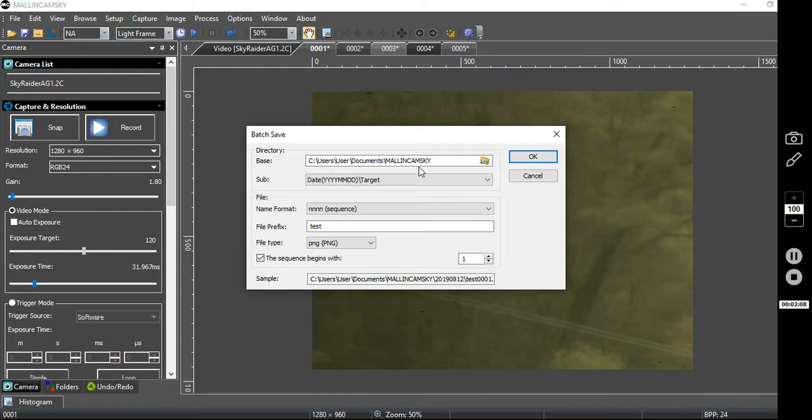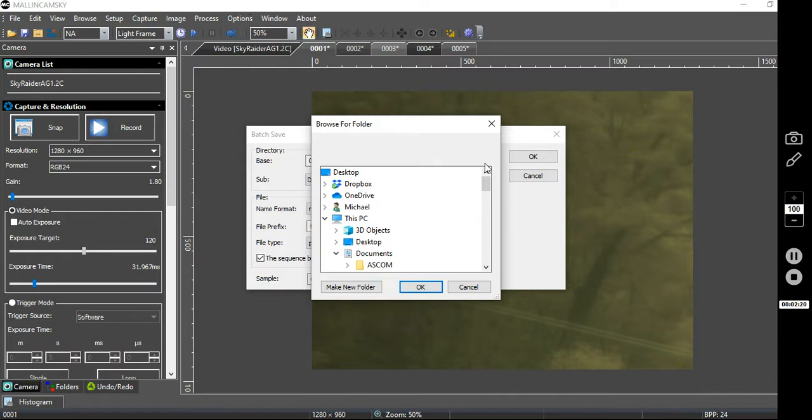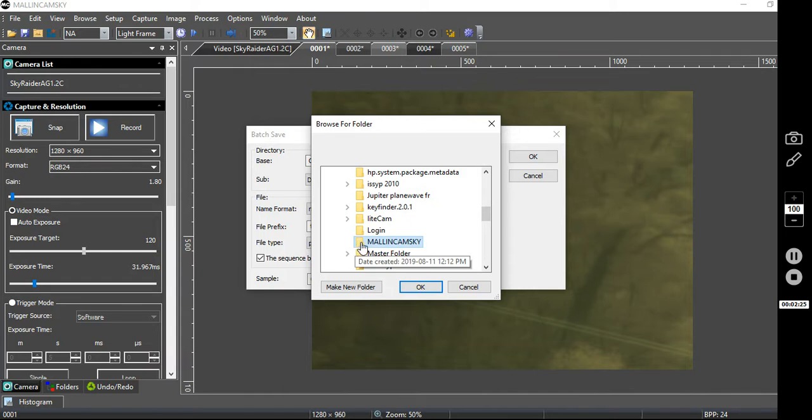Now, one of the good pieces of advice is to create another folder with the name of the camera. So I'm just going to go over here. I just left-clicked, and I'm going to go down to find the MallincamSky. Right. And I'm going to select it, but I'm going to hit Make New Folder. It's going to make a folder underneath that. And in that folder, I'm just going to call it